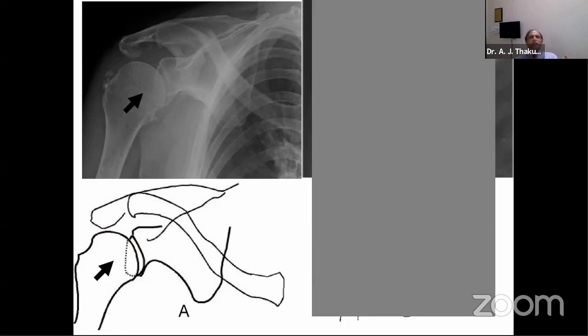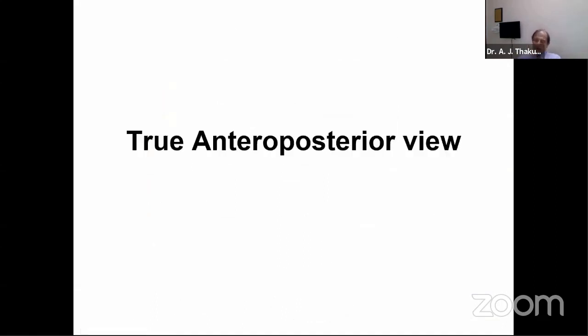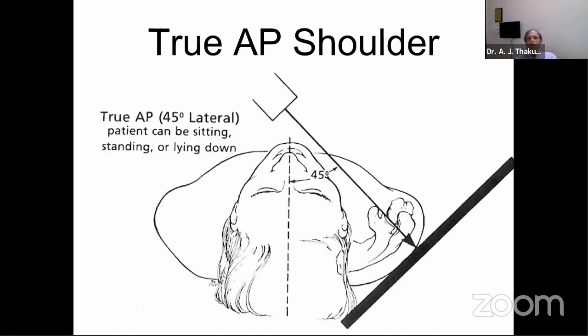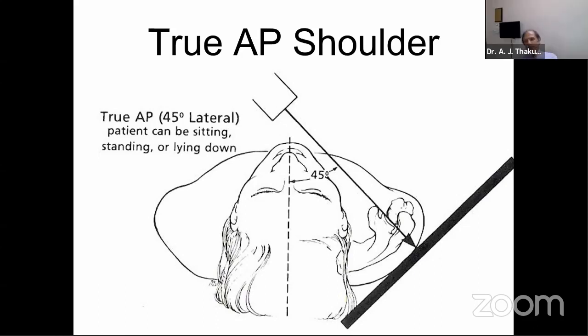What we call an AP picture is really an oblique picture of the shoulder joint, because the shoulder joint itself is at an angle, and that angle happens to be about 35 to 45 degrees. So what is the true anterior-posterior view of the shoulder? For that, we have to tilt either the patient or the film or the X-ray machine so that we get